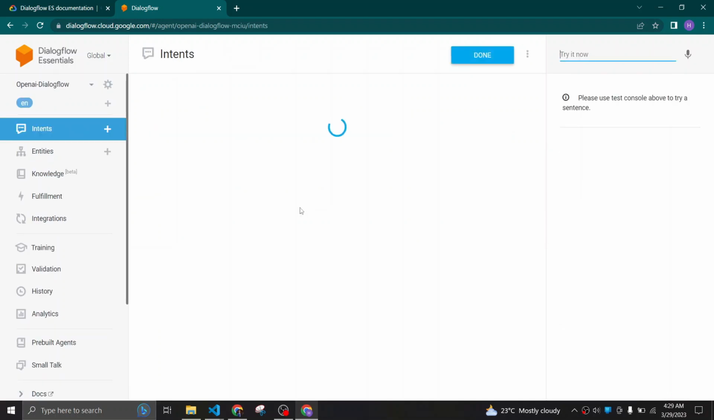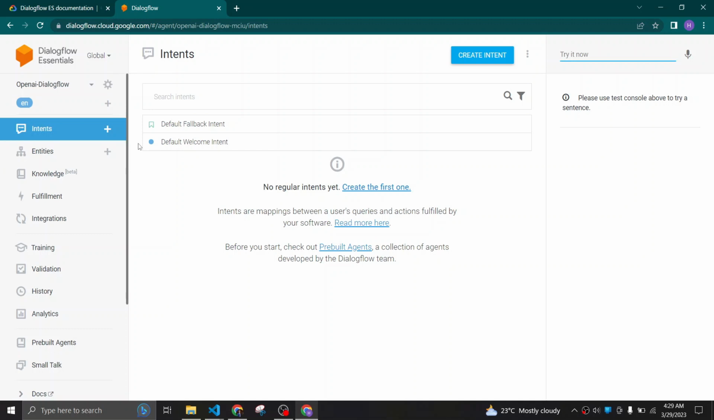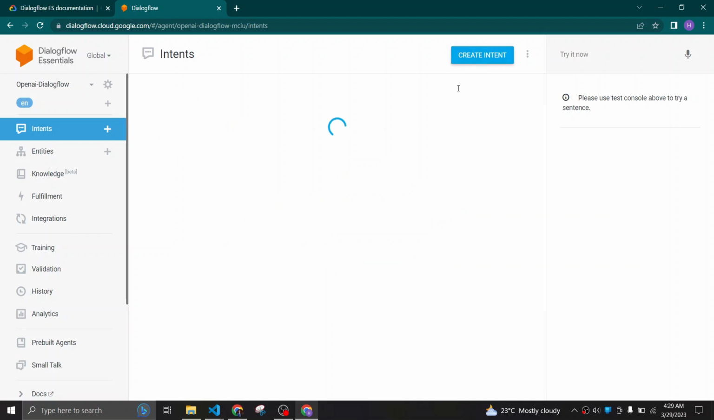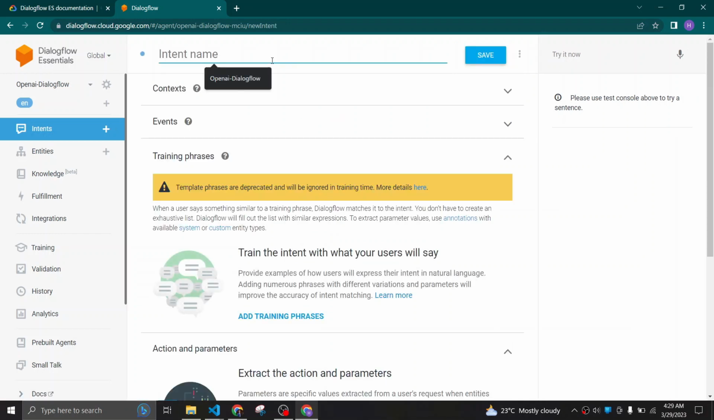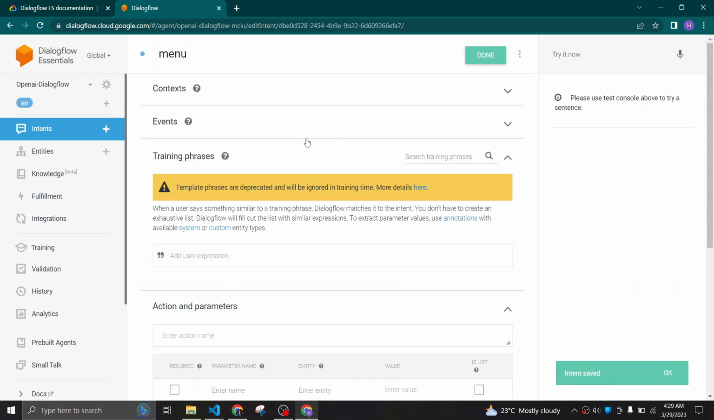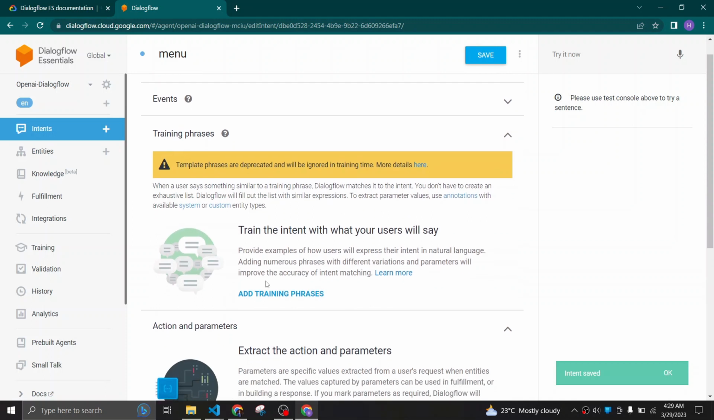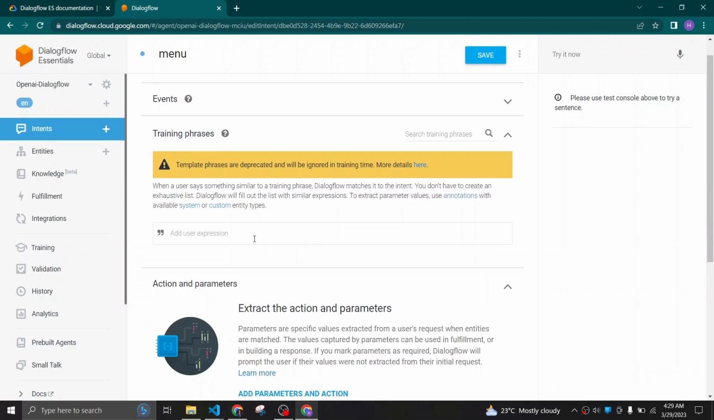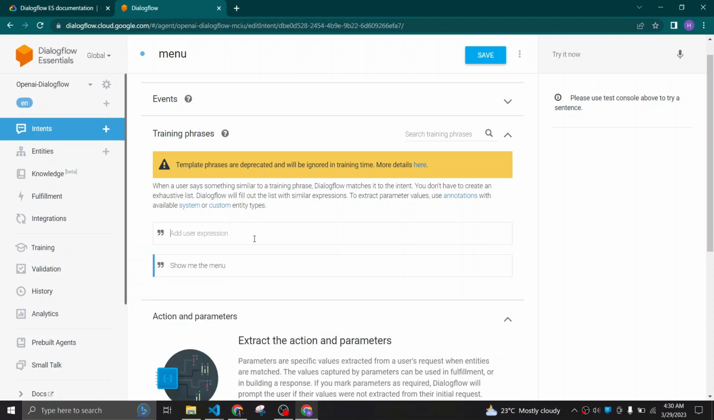So it creates a new project with the title OpenAI, and the default intents. These two are the default intents that come by default whenever you create a Dialogflow project. Okay, so I just create a new intent, and I name it menu, and after that I go to the training phrases. After that, I say like, show me the menu, and menu,